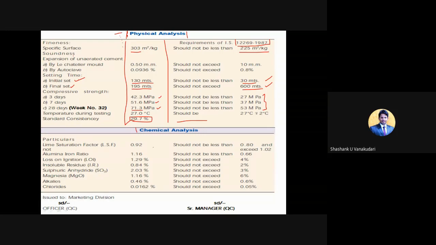Similarly, for the chemicals they have provided certain limits, and they should not be crossed: lime, calcium oxide, alumina, iron ratio, then loss on ignition, insoluble residue, sulfuric anhydride. Those all things we have studied already, including the limits. It's just general information, whatever these tables have given.